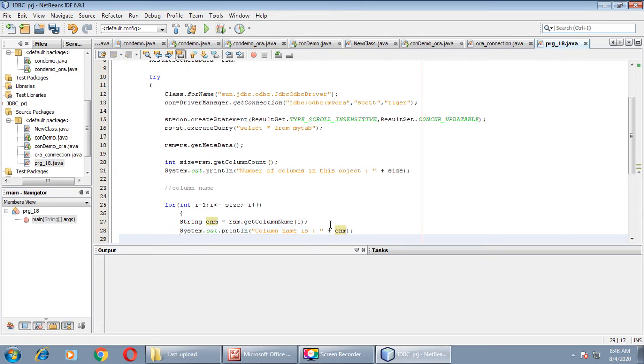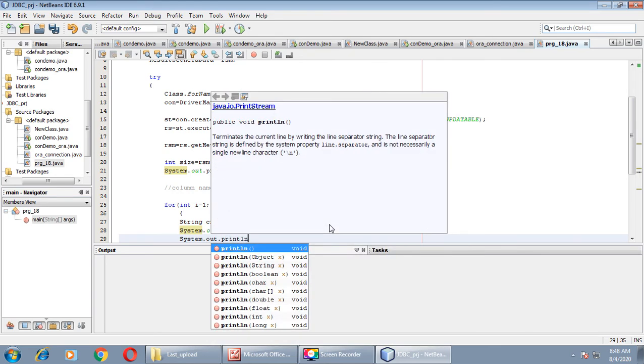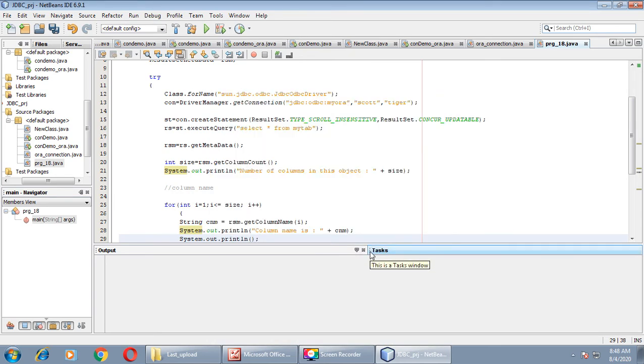We'll use one more method over here, system.out.println, column type here.